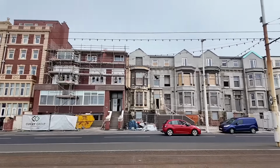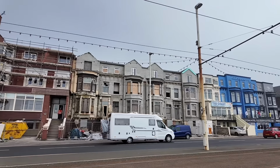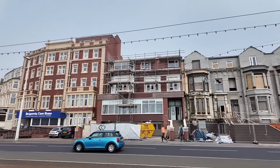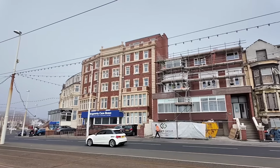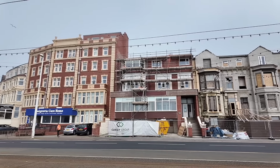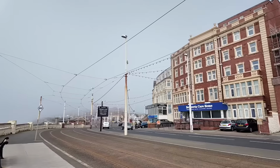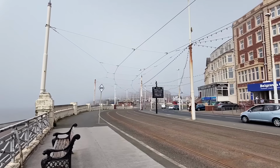It's quite a big building. It's what used to be 4 separate terraced properties. This one's having a bit of a makeover. I don't know whether that's a part of Belgravia care home. I seem to think that had been a care home at one point. But it's having new windows put in upstairs, and they're doing a lot of painting work. So that'll look much better as well. That will be a big improvement. But there are quite a lot of